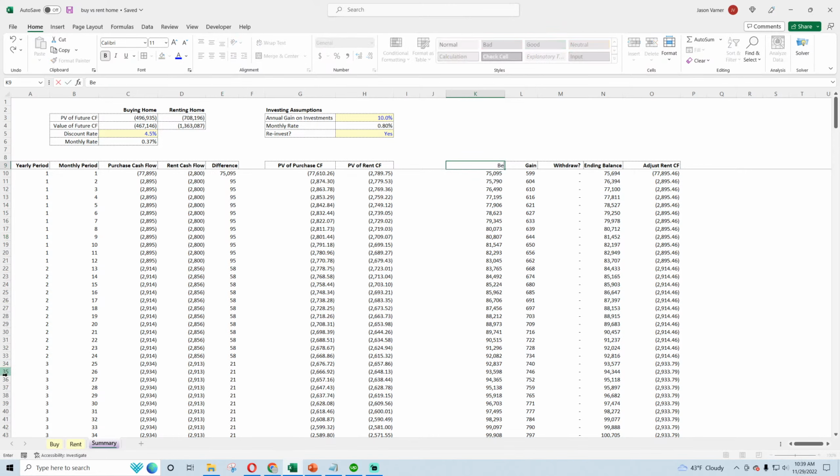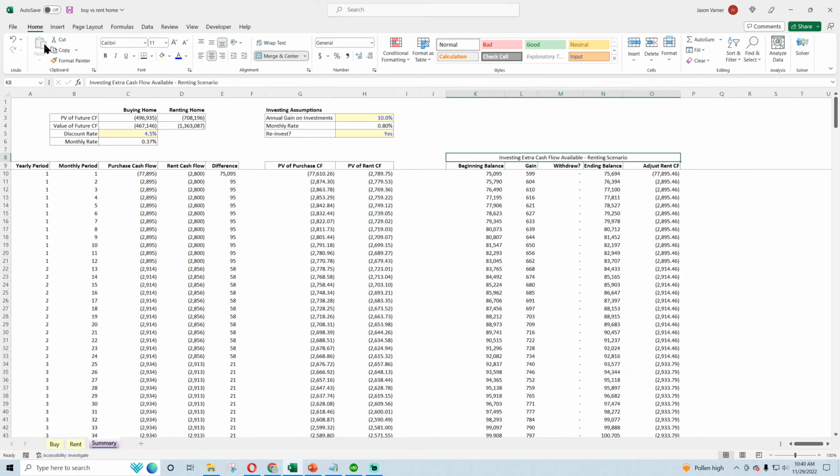Let's call this the beginning balance. And we'll call this whole thing gains from renting, investing extra cash flow available, renting scenario. I don't know, we might think of a better name. Anyway, so